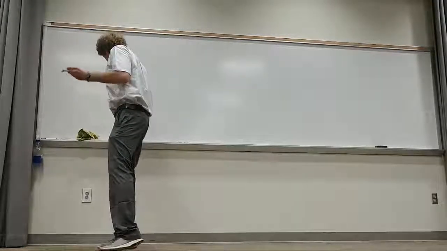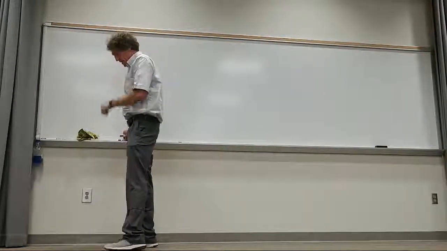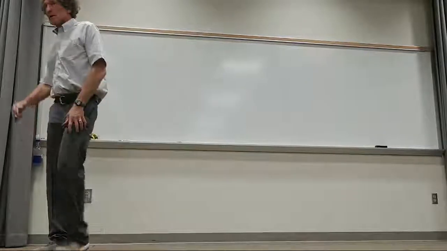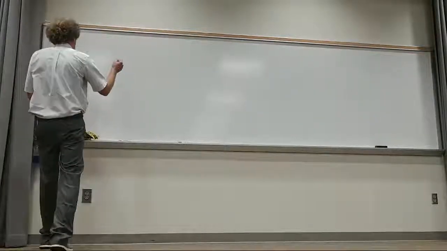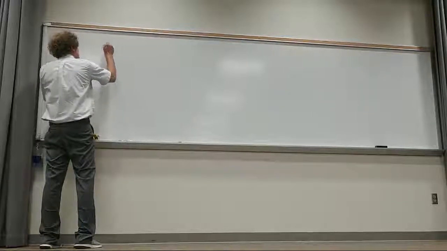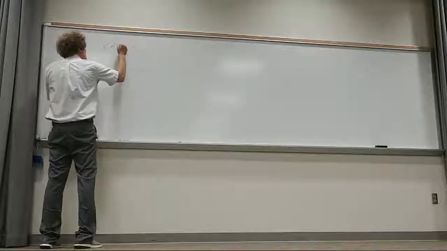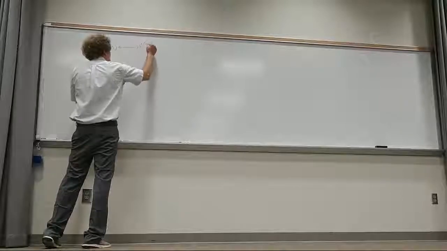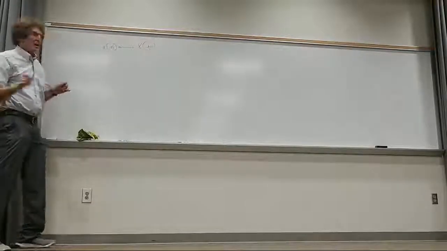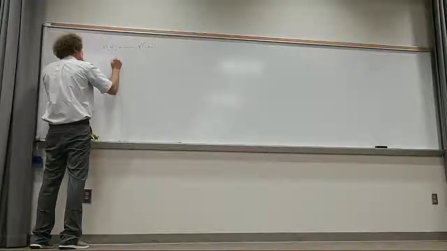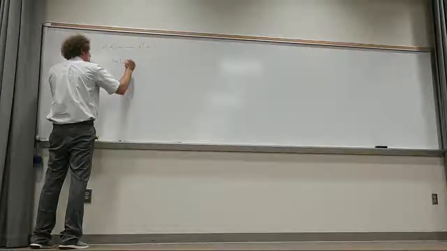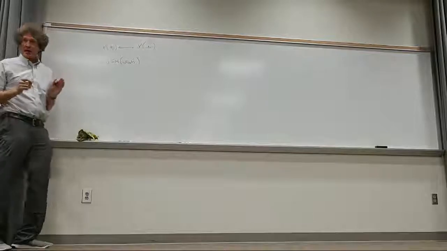It's about just the properties for the DTFT transforms, for sine of omega naught times x of n. All right, let me do it this way. Let's say we have x of n, and we know it goes to X of omega. Let's assume that, all right? Now, if we have x of n times the sine of omega naught n,